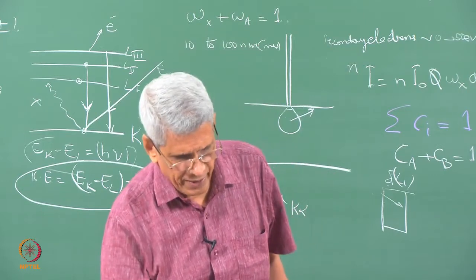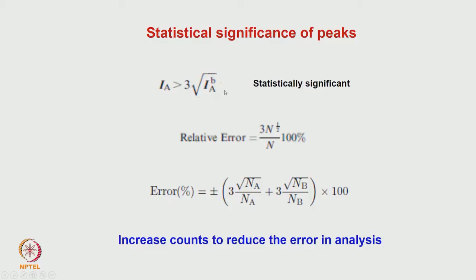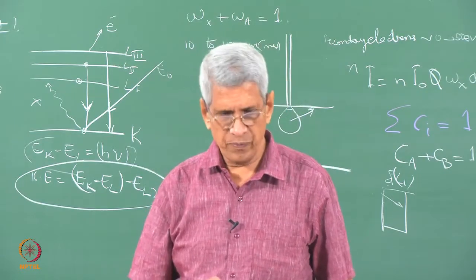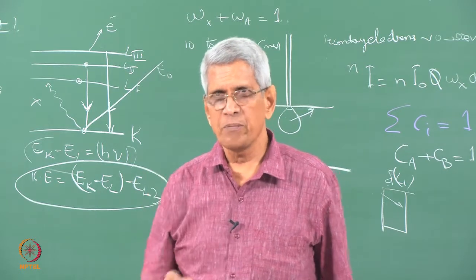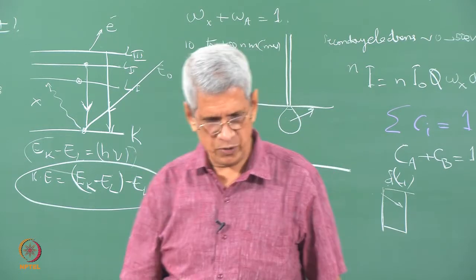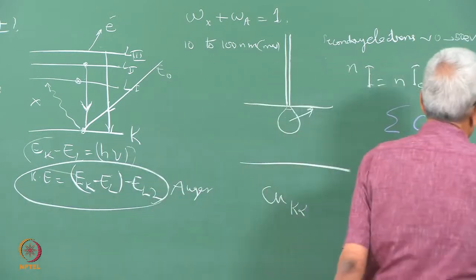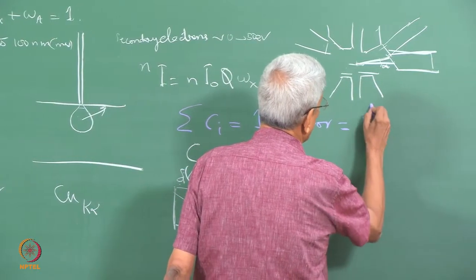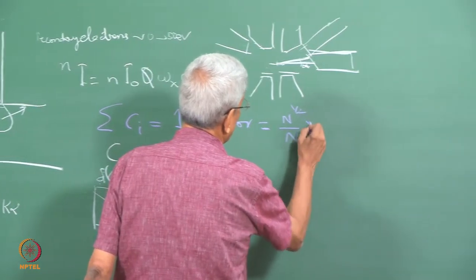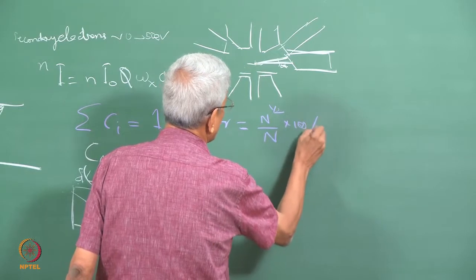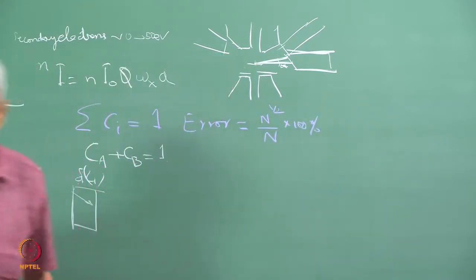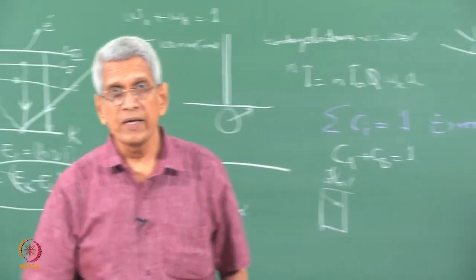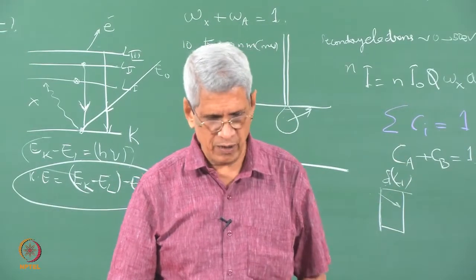Okay. Then another is, if we have chosen like this, what is going to be the error corresponding to each peak? Suppose we count some n number of counts. If with 1 sigma confidence level you wanted to count, then the error is going to be n to the power of half by n. It is a percentage. This is how we can represent this. Okay. If it is 3 sigma, 3 times it is going to be there.